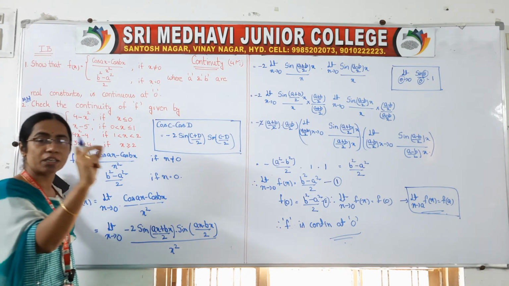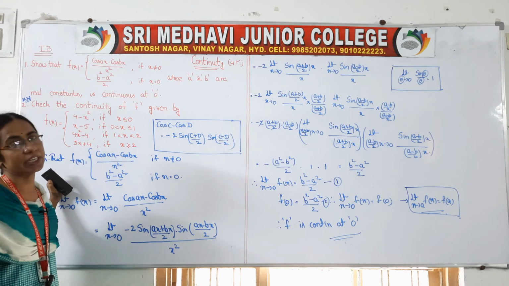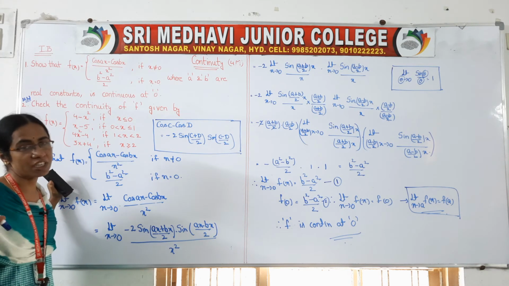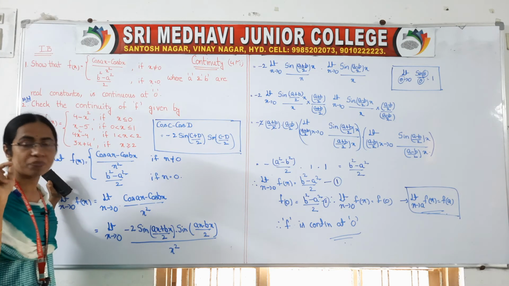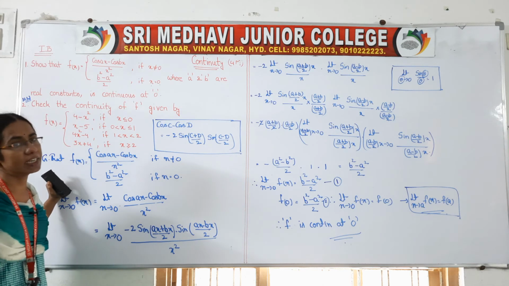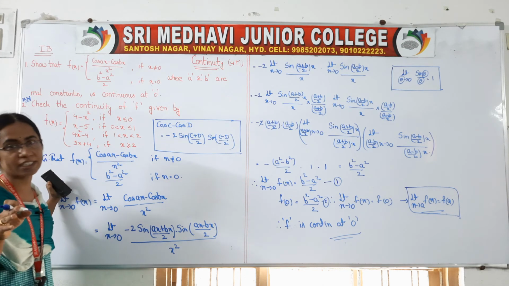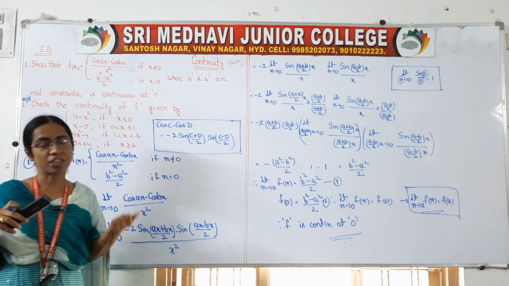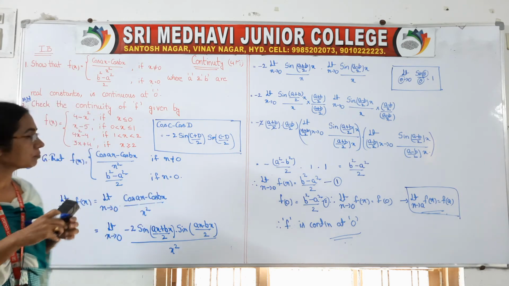First you write continuity at 0. Find out left hand limit, right hand limit. Left hand limit not equal to right hand limit. Function is not continuous. Next you write down the side heading continuity at 1. Left hand limit at 1, right hand limit at 1, both are not equal again. So if you solve, you will get it. Actually this is the last question in continuity, that's why I have given it as homework, and it is easy also.